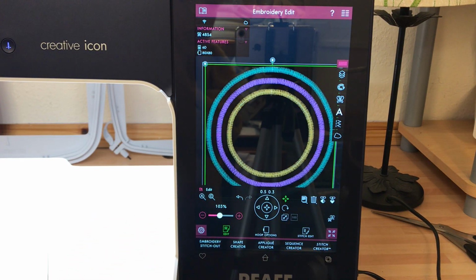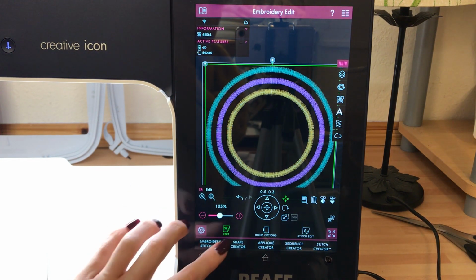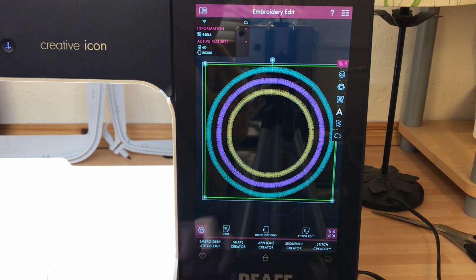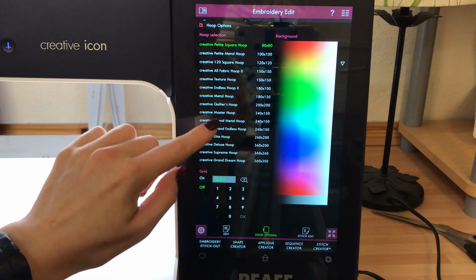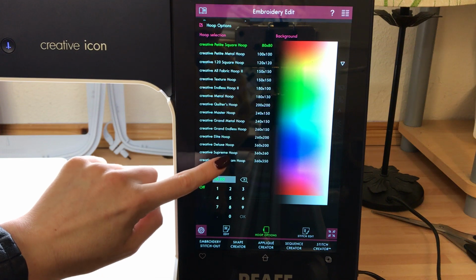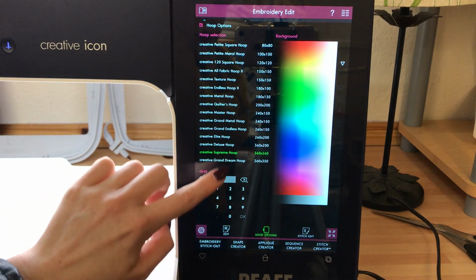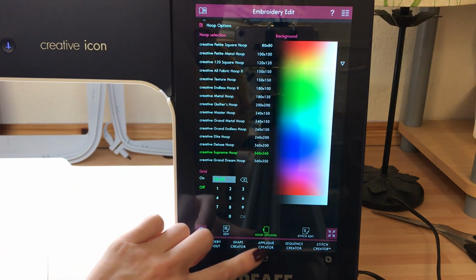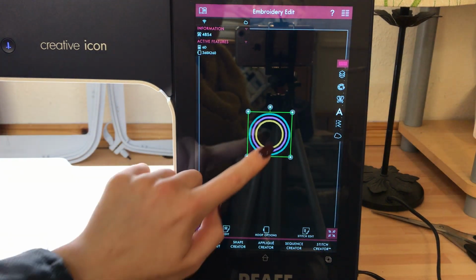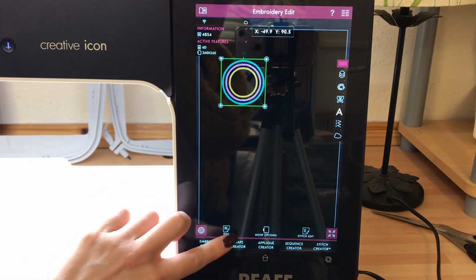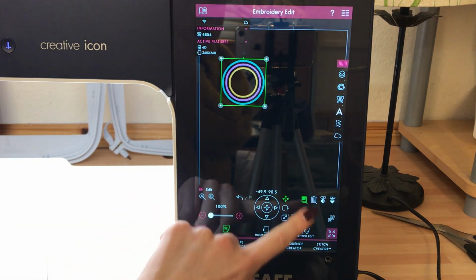I can rotate the design. I can copy the design so I get more than one in my hoop, or I could decide to bin it because I don't want to do it anymore. You've then got your hoop options. So here I'm going to change my hoop. So I'm going to change it to a 360 by 260 hoop, which is the new hoop, the Creative Supreme, that comes with the icon. You can see now, if I was to edit and copy